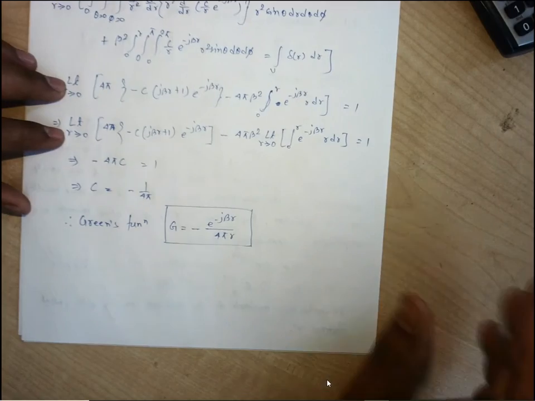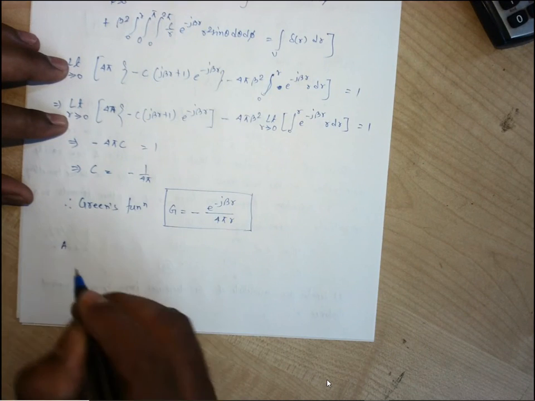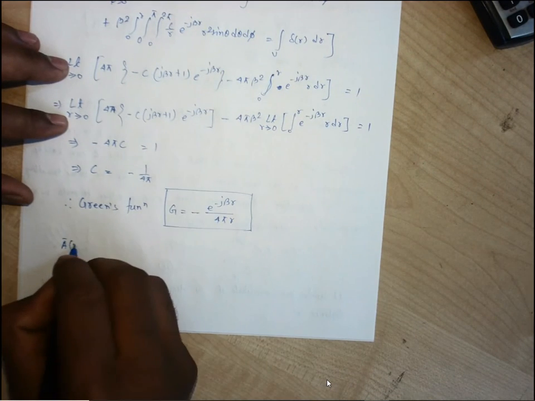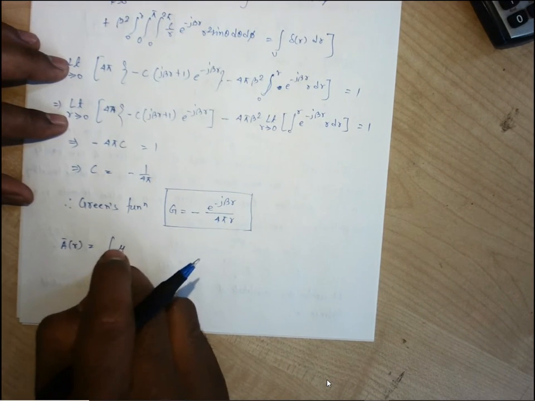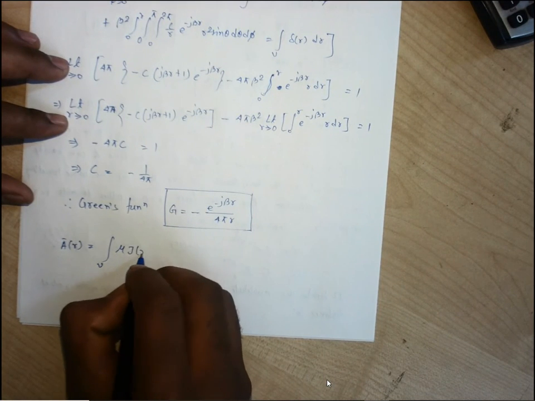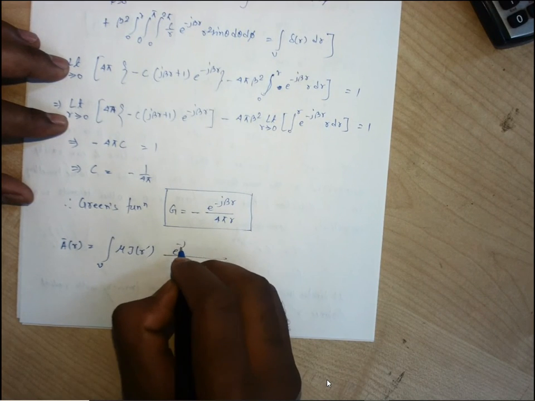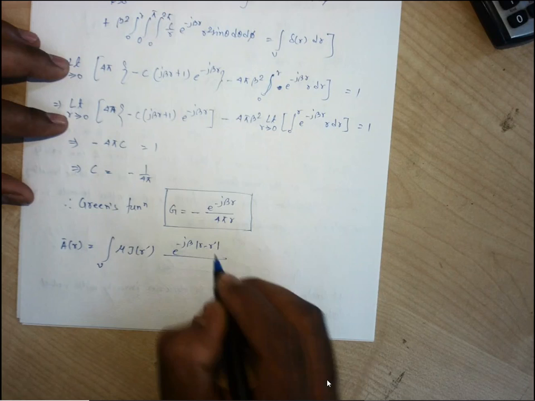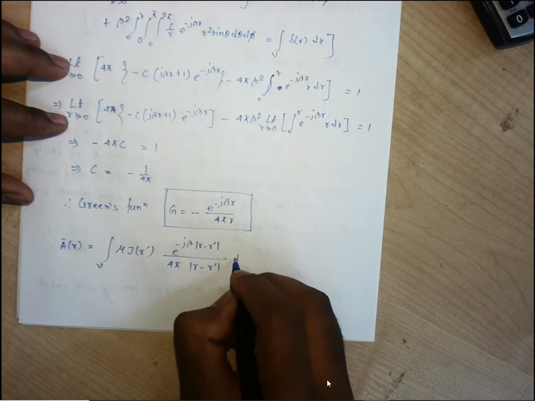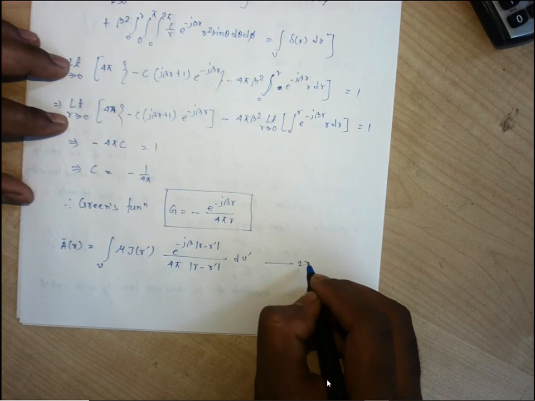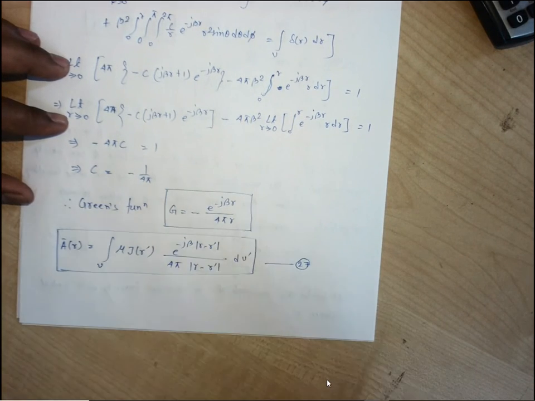So our vector potential, I'm just writing directly after that, is coming out as A(r), which is a function of radial distance r. It is the volume integration, the convolution of that: mu J(r prime) e to the power minus j beta |r minus r prime| by 4π |r minus r prime| dv prime. So it is the ultimate solution of our required vector potential.